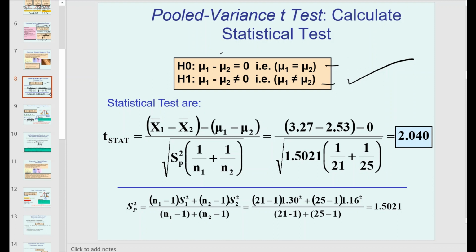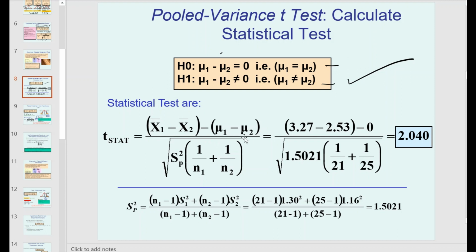Okay, so now the statistical test. You need to calculate the t-stat first, and then you also need to have your critical value. So now your t-stat here, we look back at the question. They have x bar 1 minus x bar 2. This formula is used for a situation which involves two samples, so x bar 1 and x bar 2 for sample 1 and sample 2, and you have mu1